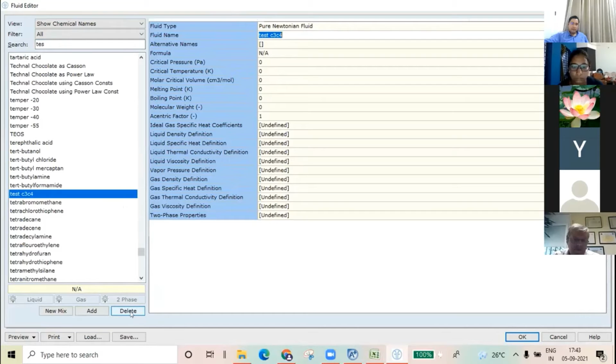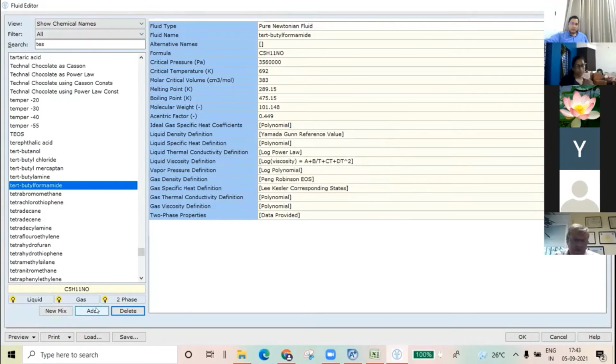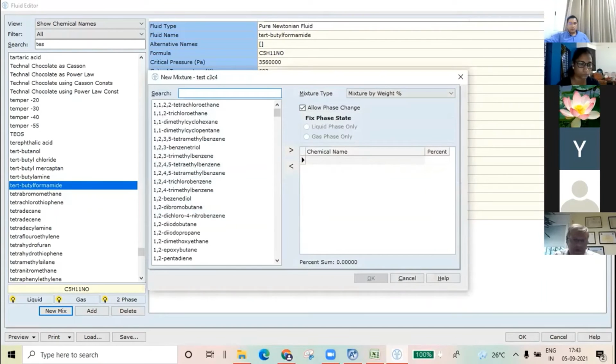I see what you have done. I'll just delete this. You clicked on add, sir. It should be new mix. So again type test C3, C4. All right. So this window should open. So here you can add the propane and butane.